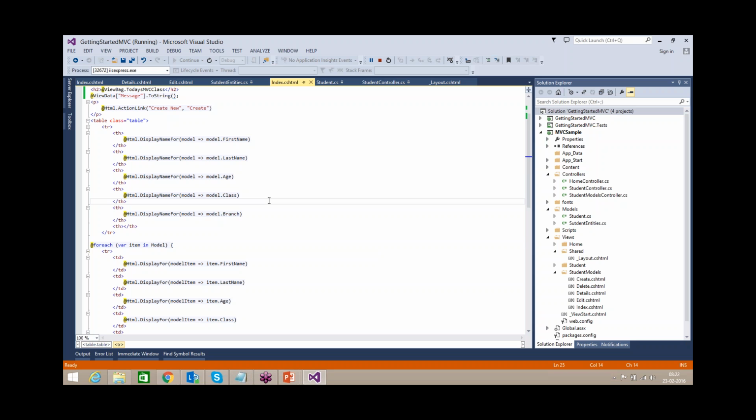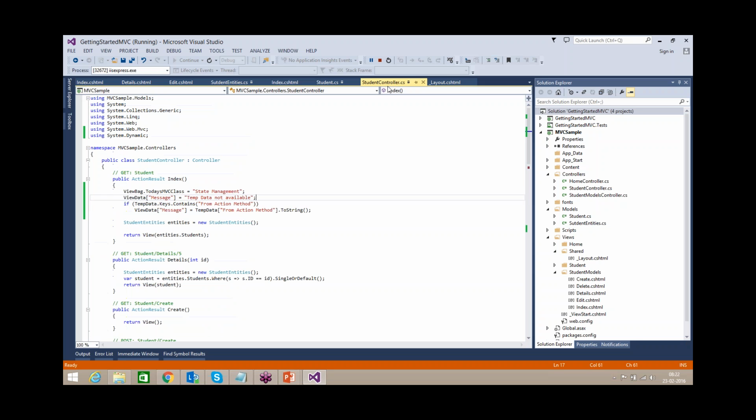Get, put, post, delete, these four are the very important methods your MVC uses. So for each thing we will have their respective methods. For each controller they support all these methods.